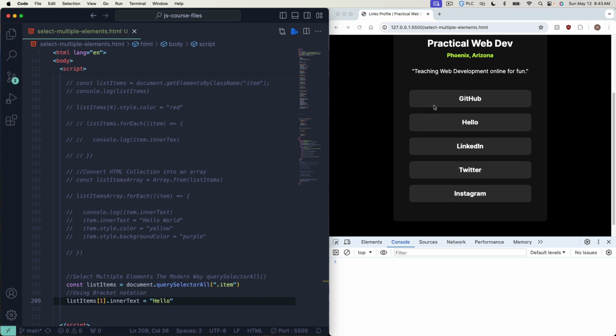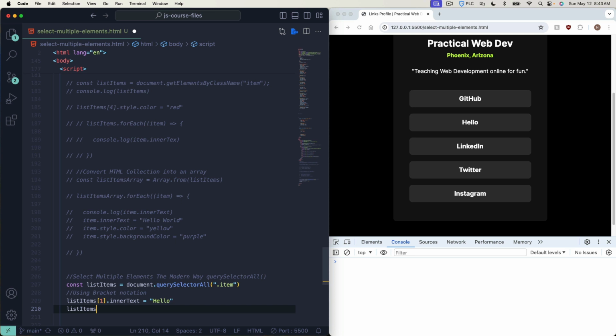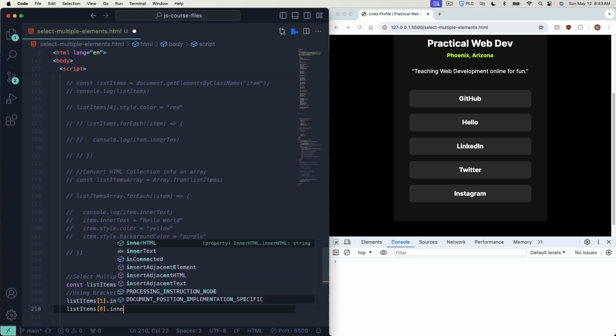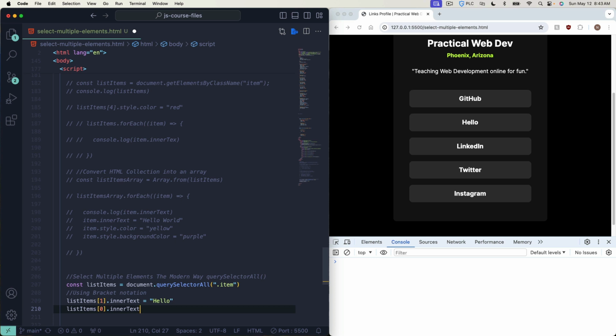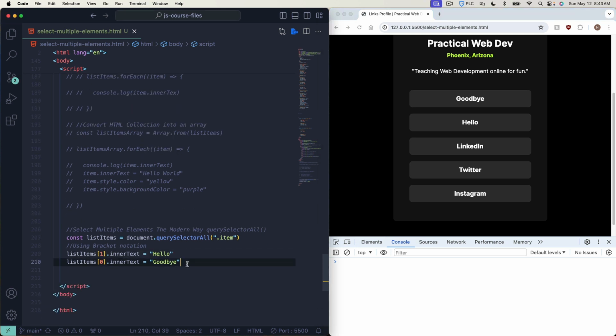And remember, it's a 0, 1 index, so we change the text to hello. We could say listItems[0].innerText, and we can say that's equal to goodbye. Okay. So again, that's just using bracket notation to manipulate some elements that have the same class name. But then, like we did before,